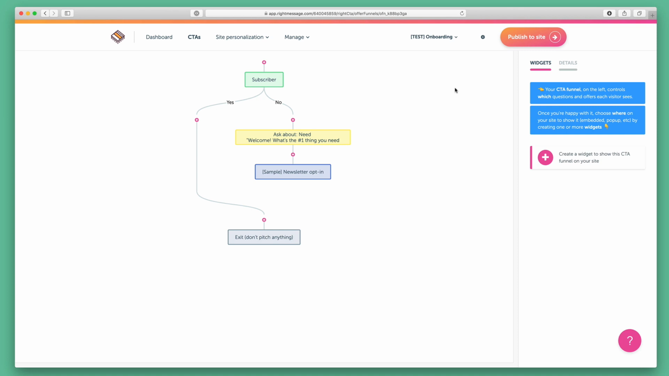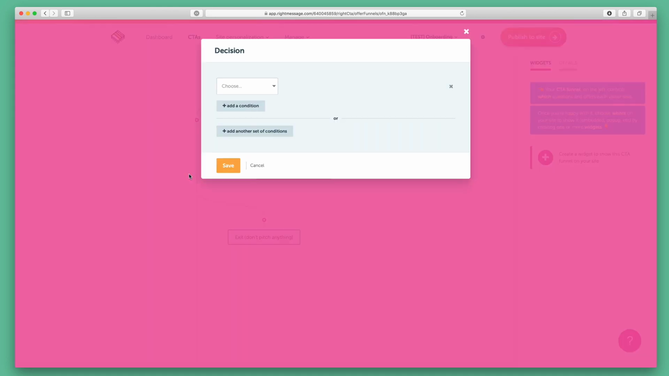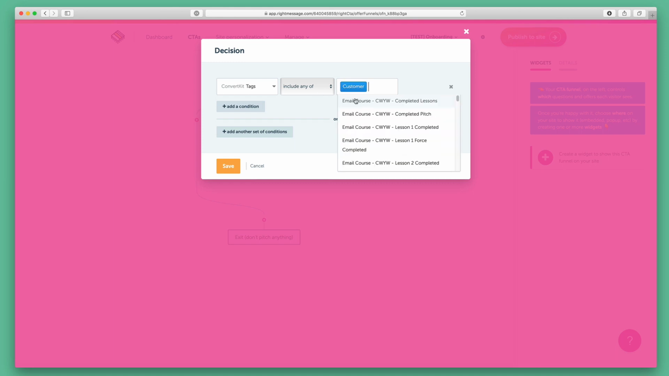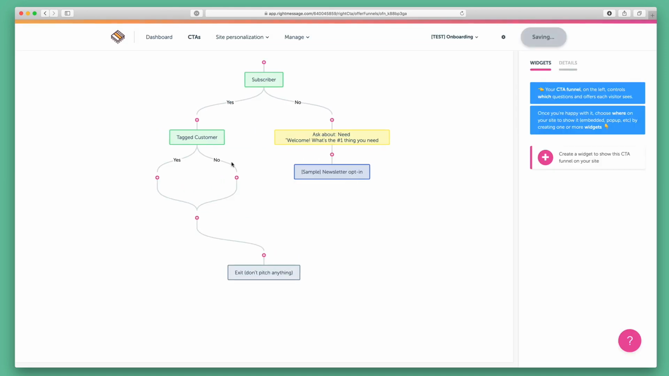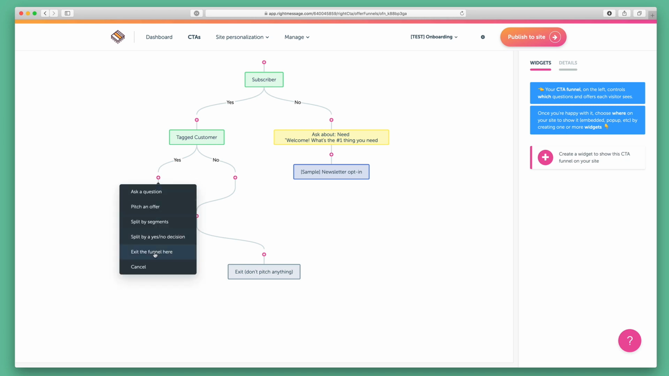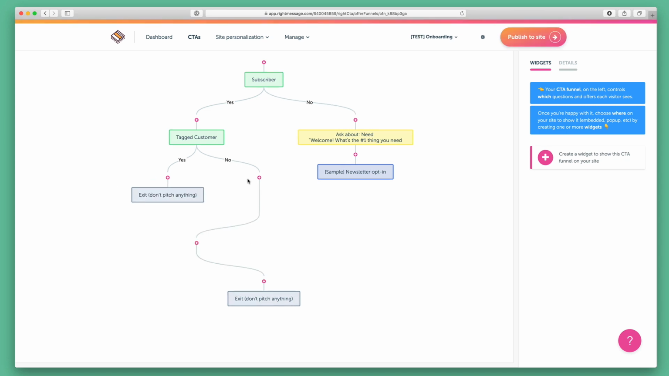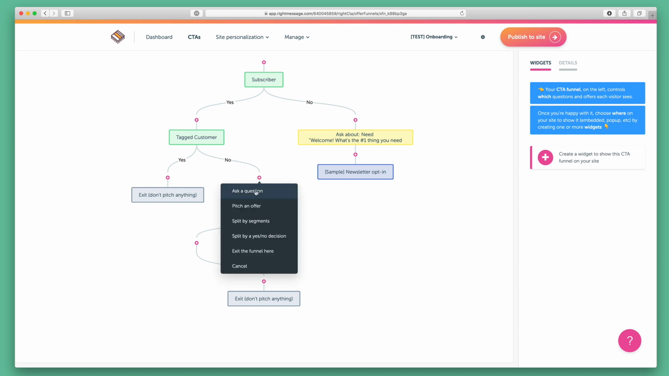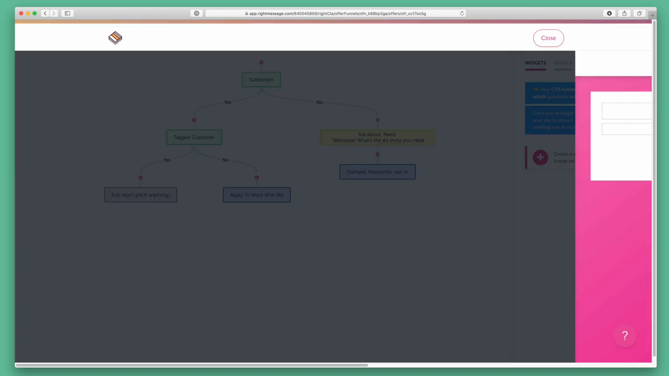So now I want to briefly look at how we can help returning visitors to your website. Back over on the subscriber path, I'm going to add another yes/no split. Here, I'm going to be looking for a tag that I add into ConvertKit whenever anyone buys from me. And I'm going to assume that this tag is called customer. So if someone is already a customer, I don't want to pitch them on anything. But if they're not yet a customer, but they are a subscriber, I'm going to pitch them on applying to